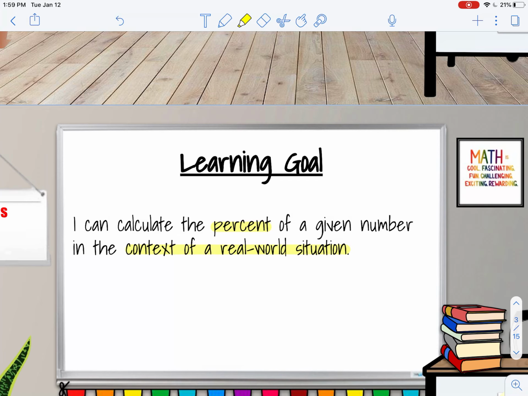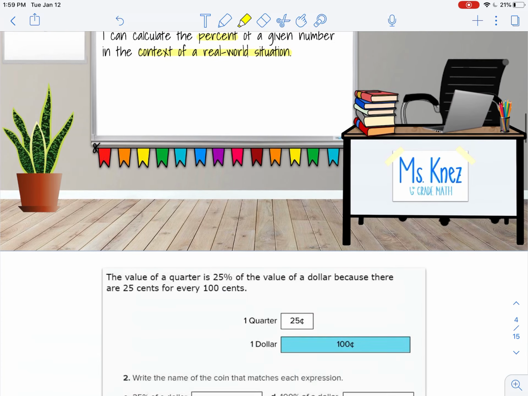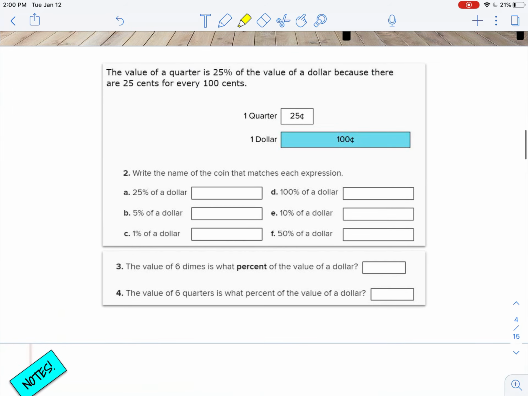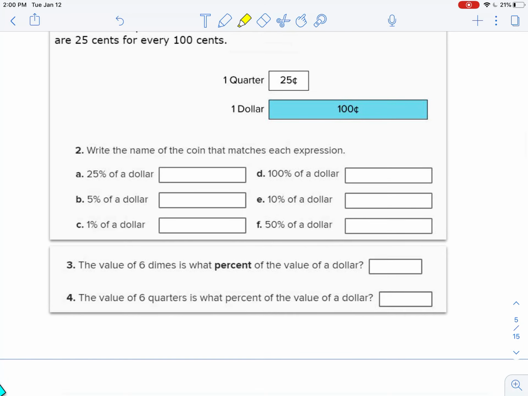So today's learning goal is I can calculate the percent of a number given the context of a real world situation. Here's an example of the type of question I would ask you, and this was in our Do Now follow-up activity. It says the value of 6 dimes is what percent of the value of $1? Now, we know that $1 includes 100 cents and 6 dimes includes 60 cents. So 6 dimes is 60%